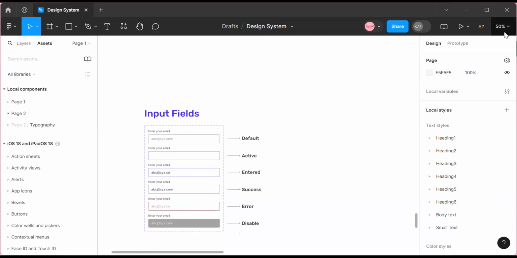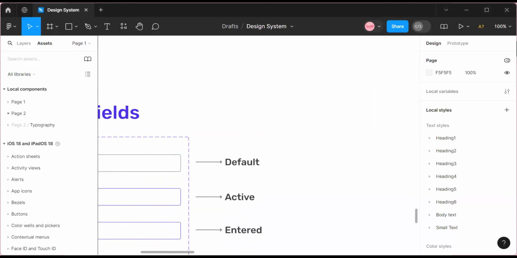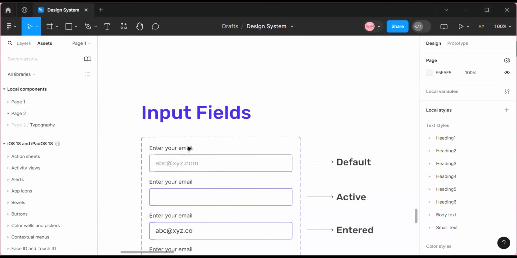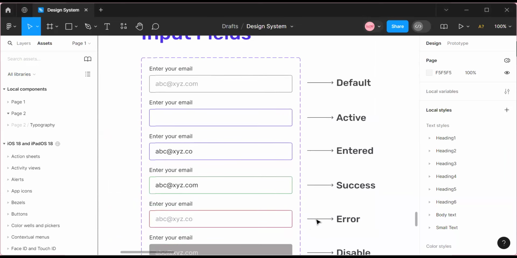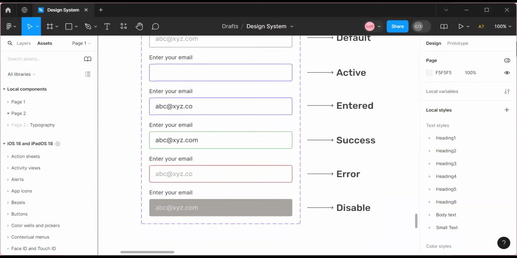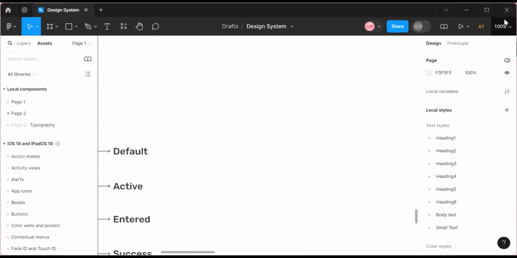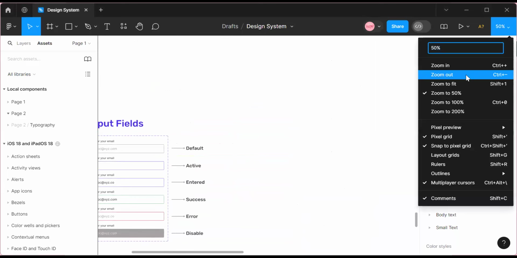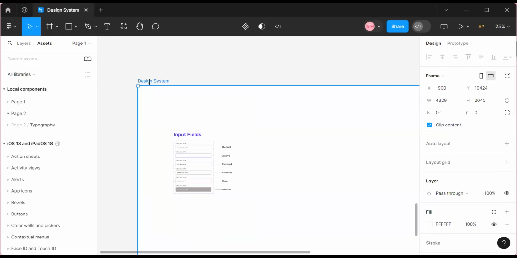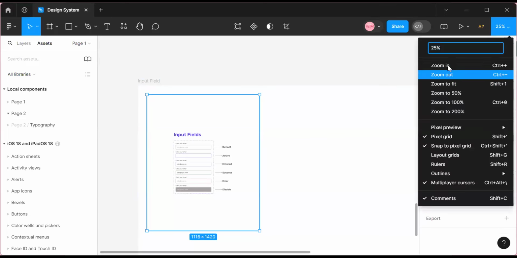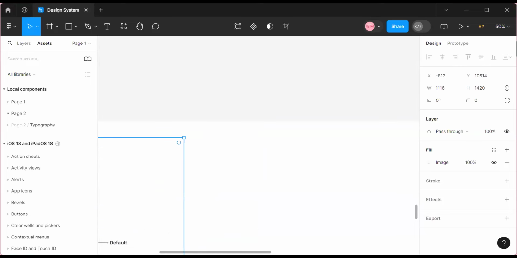Okay, so today we are going to look at how to create our input field for our style guide. For the input field, we have default state, active state, end card, success, error, and disable. We're going to create a section here. Okay, we already have a section created. So let me just name this input field. There are several ways. We're also going to be using the Boolean property to create our input field. So I'm going to take my text to write